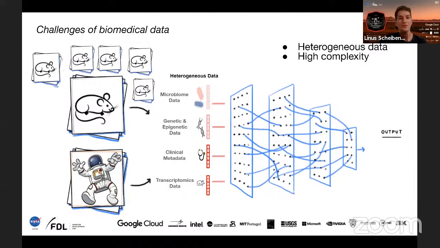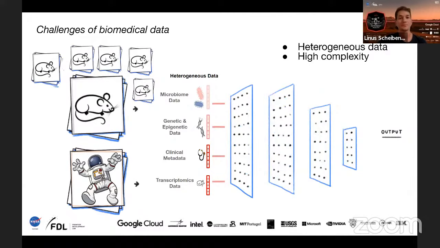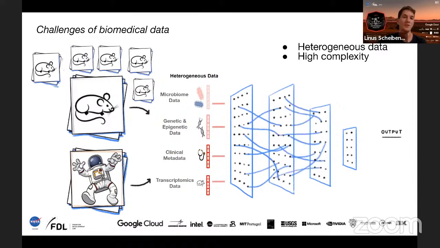We also have the challenge in biomedical data that the data can be very heterogeneous. So that means that we can measure, as Odin mentioned again, for example, from blood or from lung tissue. We can also use genetic data or clinical metadata, which are all very different types of data that require different pre-processing and that have to be handled differently in causal inference pipelines. On top of that, we're also trying to use data from different organisms. So not only from humans, but also from mice, which then again amplifies this data heterogeneity.